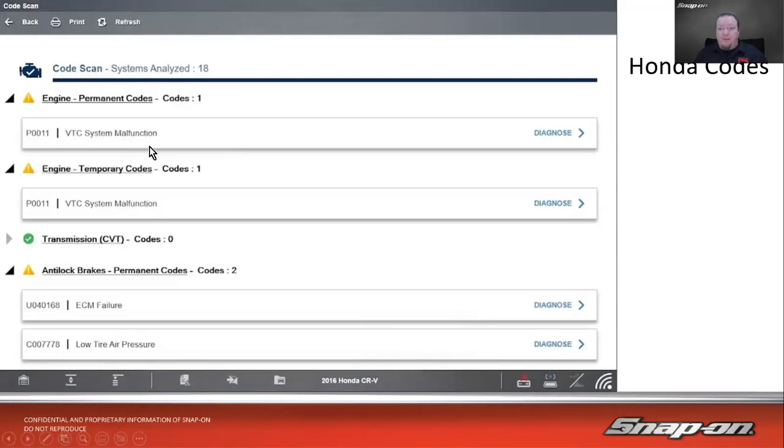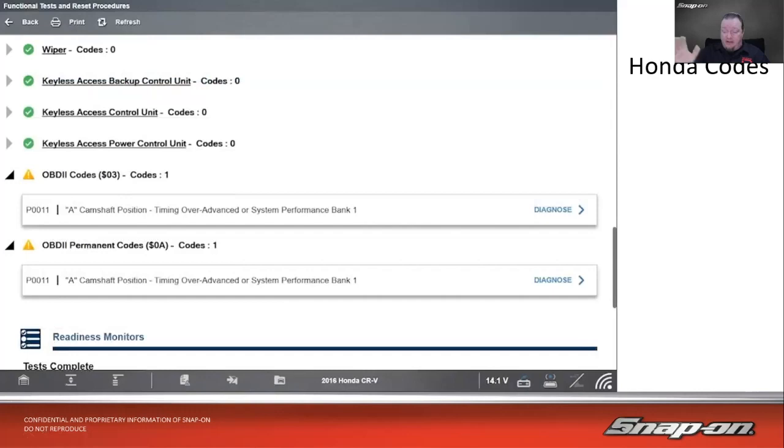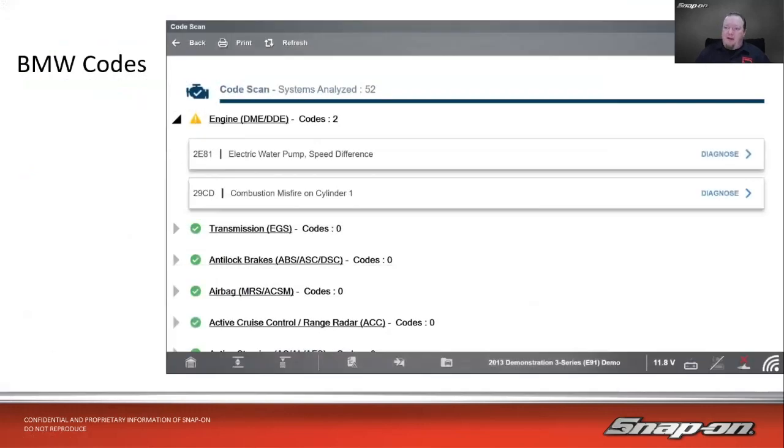So just be aware that you could see different definitions, and that's okay. That's normal. The manufacturers just decided to change it up a little bit. BMW gives me that example of that hex code, right? So we got a 29CD, which is a misfire on cylinder 1, or a 2E81, which is water pump. This is just on a 2013 3 Series vehicle. You'll find these pretty commonly on